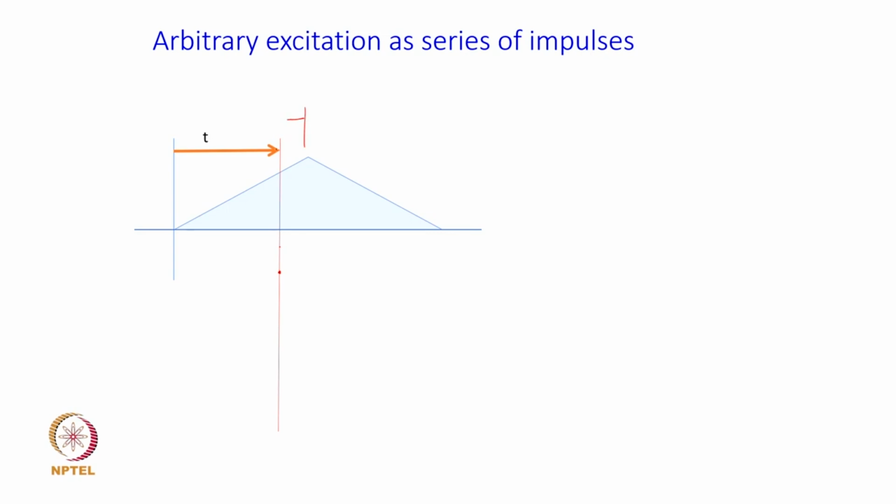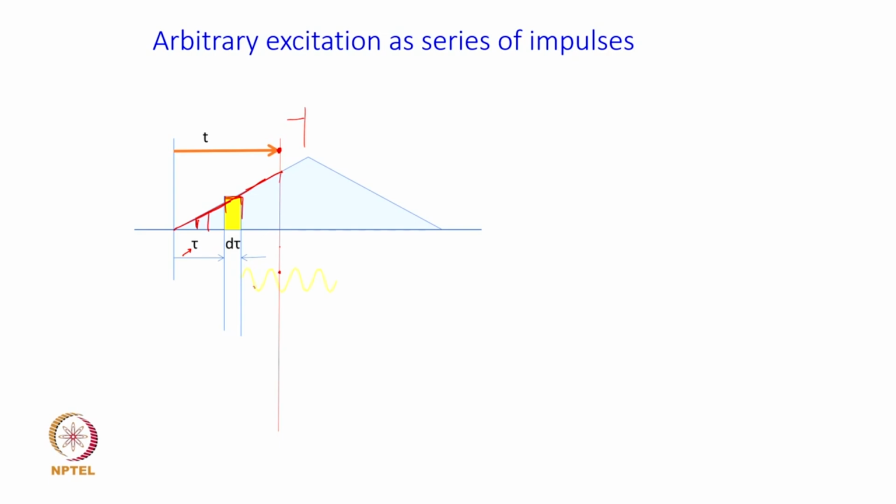So, before this, if I want to find out the response because of the excitation, which is going to be like this, linearly changing. The idea is I will discretize this into multiple such parts. One of these parts may be like this. So, one impulse is located at a time tau with the step time d tau. It will generate its own response, right.